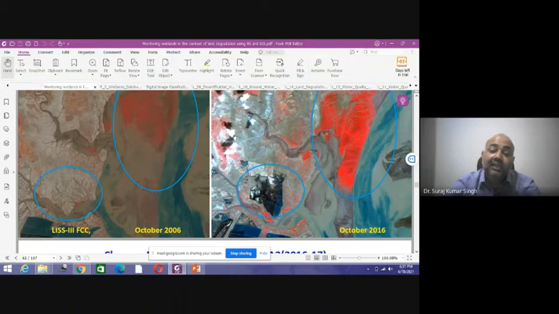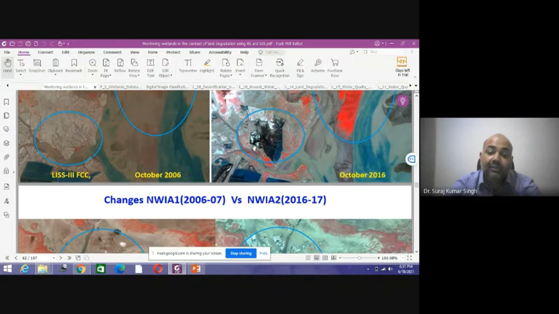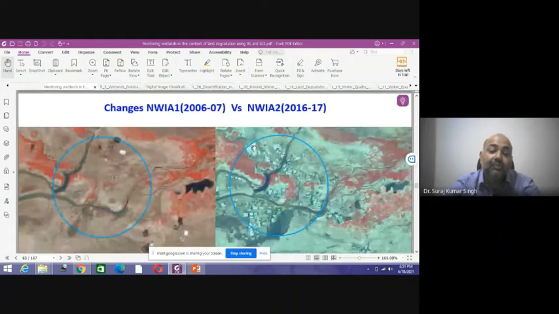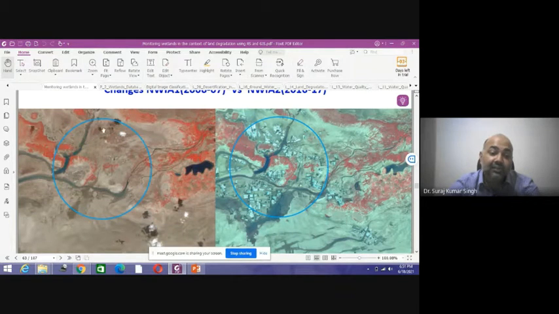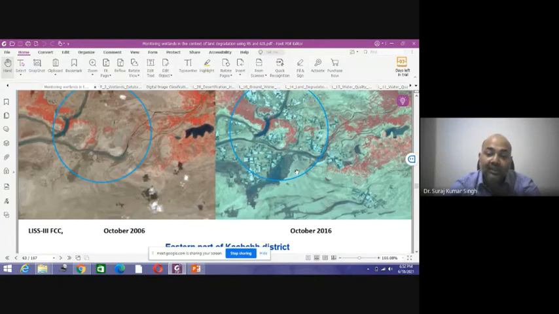But a layman can classify this as barren land or vacant land or glaciers, depending on his experience. So that's why experience always matters, exposure always matters, and the more interface you have with different satellite images and different terrain, the more your interpretation skill increases. In the same way, you can see that previously there was no salt extraction being done, but now you can see in the image that various kinds of salt pans have been created, and we are extracting salt from them.